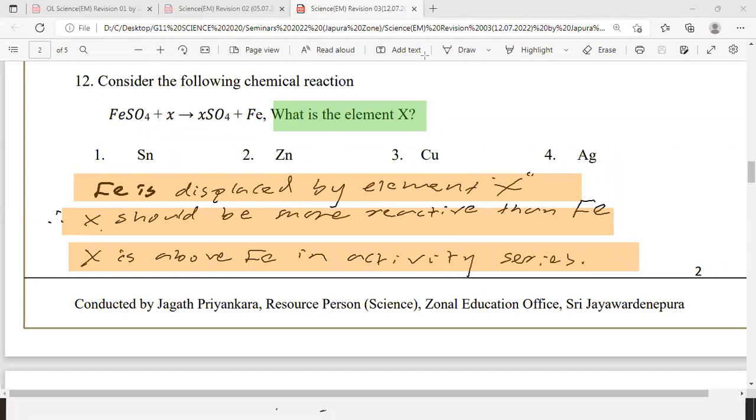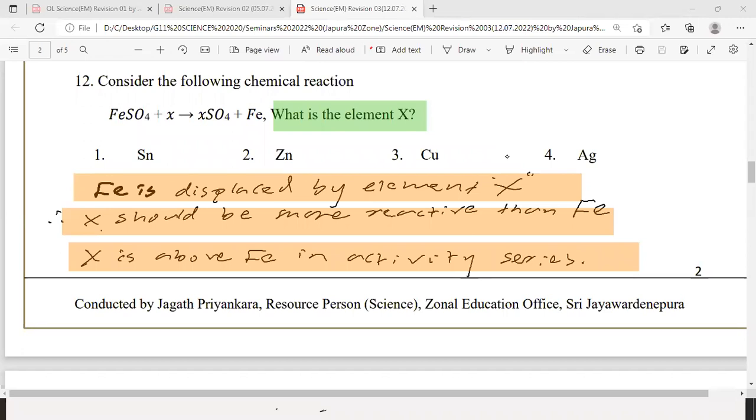Out of this, if you don't know the activity series, that is the end of this question. Yes, any volunteers now who can give me the answer at least now? If you know the activity series now, you should be able to give the answer. You should know which metal is above iron out of these 4 answers given. Yes? I'll ask the answer from